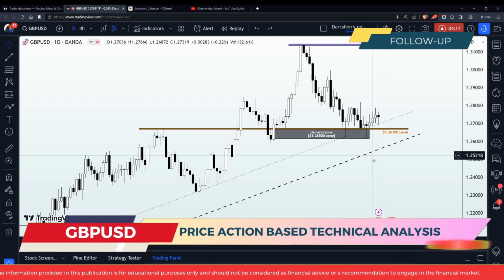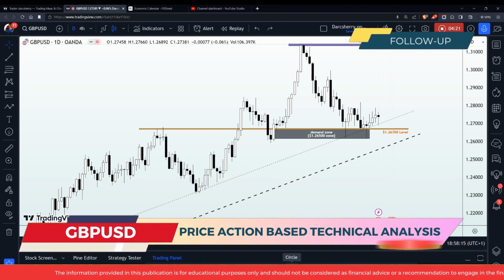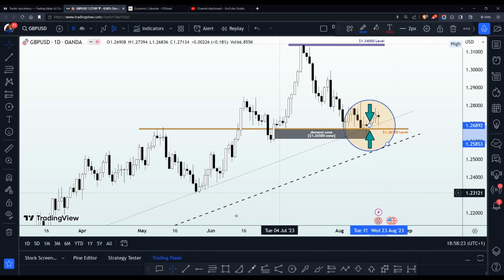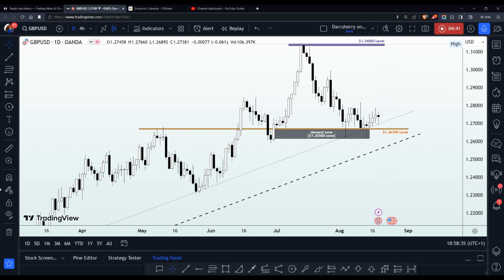Now, to have a better perspective into what is really going on here, we would need to scale down into the lower time frame to decipher and understand how participants in the market have been reacting to this crucial juncture in the market, which dovetails around the 1.267 and of course the ascending trend line. But before we scale down into the lower time frame where I was able to identify a simple setup,